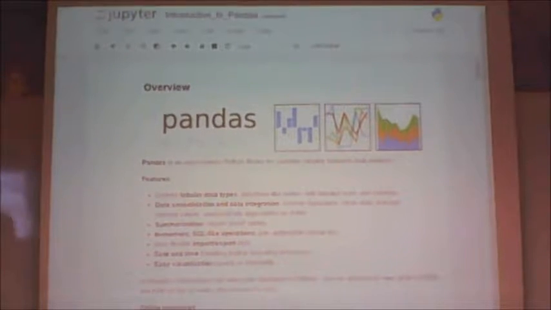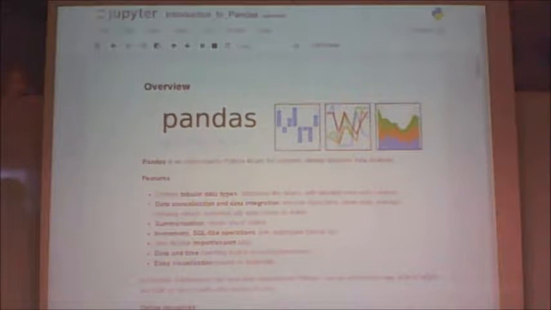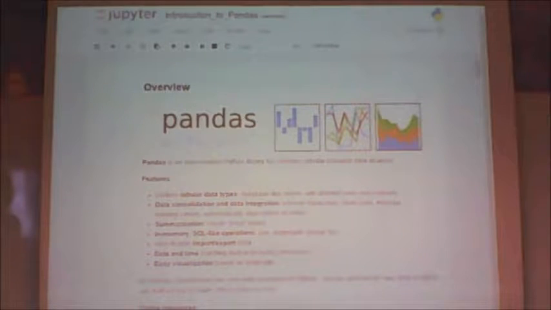Today is actually a series of talks related to data science. Previously, if you have attended my talk, I talked about NumPy. Normally, the three main libraries people use are NumPy, then Pandas, and then Scikit-learn. Pandas is very important, because Pandas is how you load the data into Python. It's actually modeled on the R data frame. So if you have done R before,